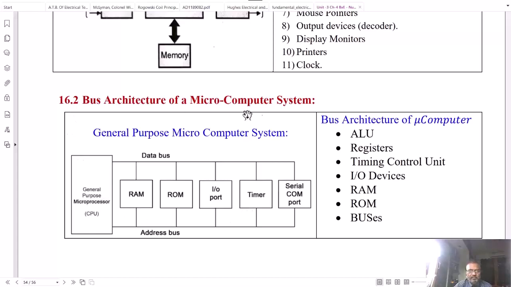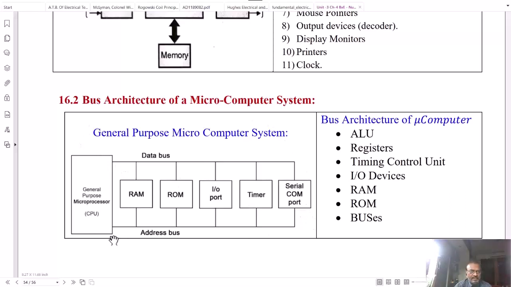This is a very important figure that is to be focused on for your exams also, because only this block diagram is mentioned in your syllabus, and that is nothing but the architecture of a microcomputer system. So if there is a question, draw the architecture of a microcomputer system, then you have to draw this figure